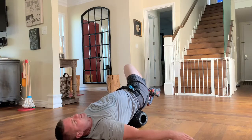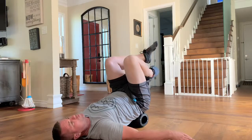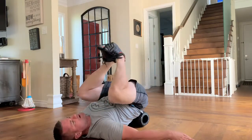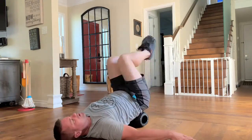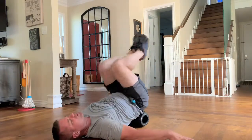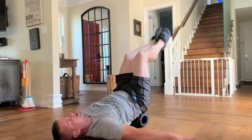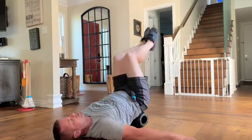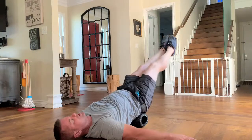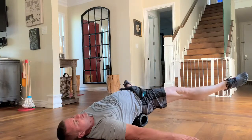Super important, nice and slow, and it feels fantastic, especially if you're waking up with pain in the mornings in the low back. These are also wonderful, just more flexion of the lower trunk. Use your breathing. When you get more advanced, you can start to bring out your legs. You can do pretty much anything. You can spread them,